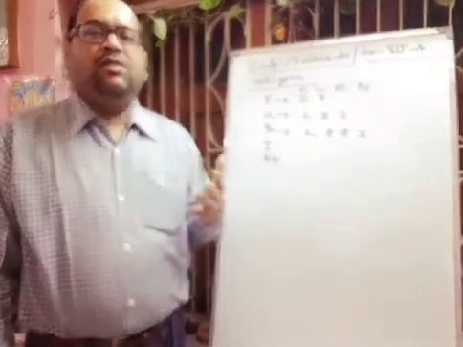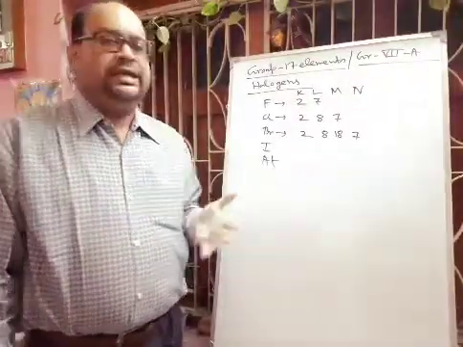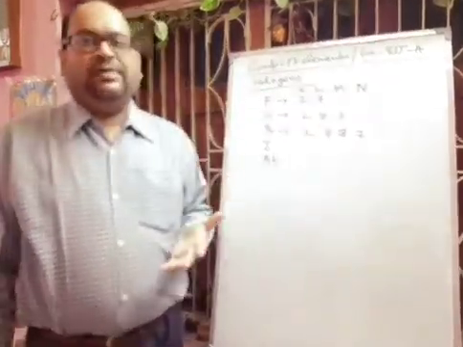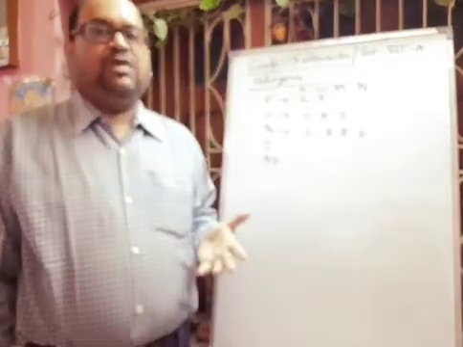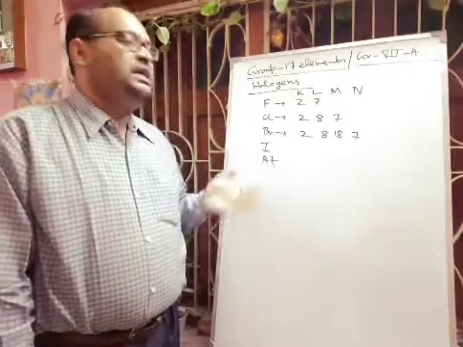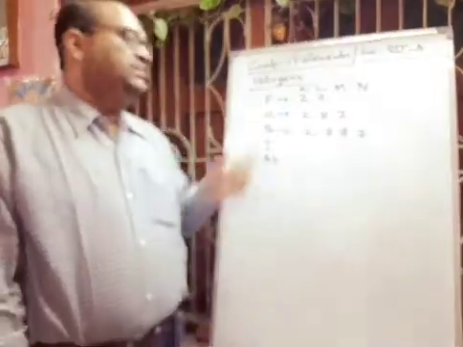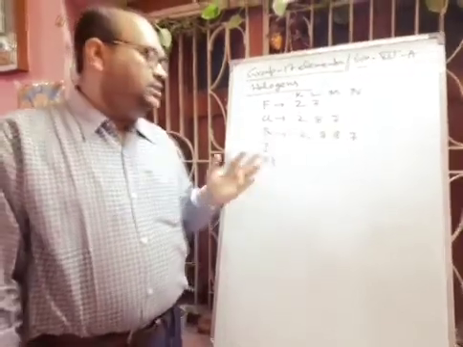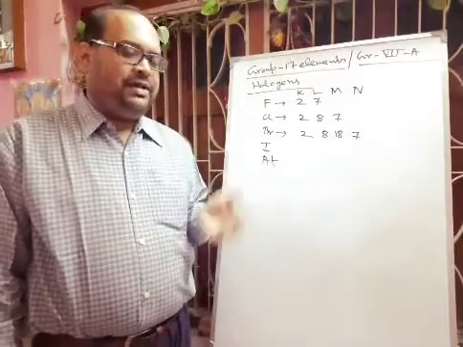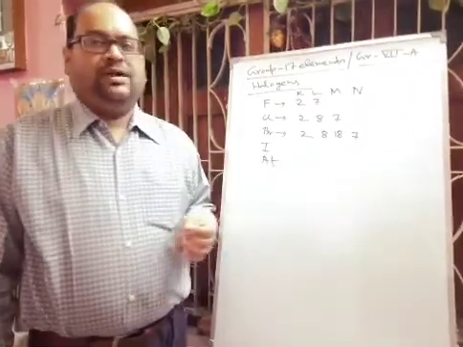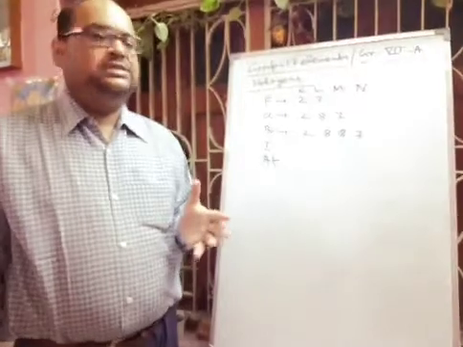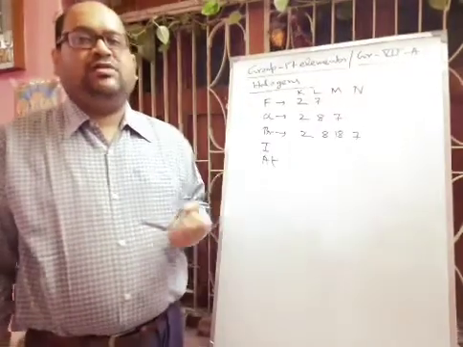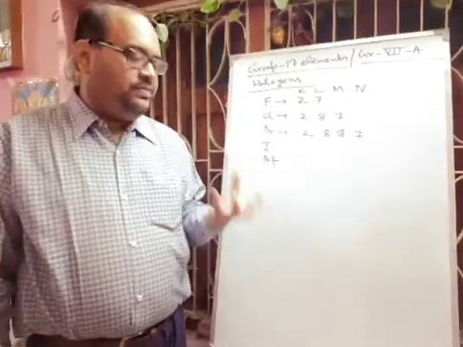Next, these halogens are all poisonous. They are also carcinogenic, and they have a very strong pungent smell and an unpleasant odor, and they generally form diatomic molecules. Fluorine forms F2, chlorine forms Cl2, bromine forms Br2, like this. Between these two atoms there will be a covalent bond, with sharing of electrons. These halogens have valency 1, because if they accept 1 electron or share 1 electron with another atom, then they can complete their octet.